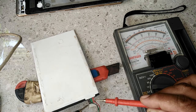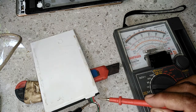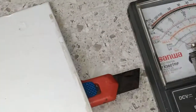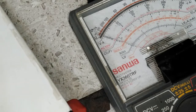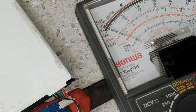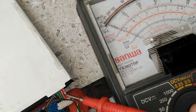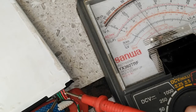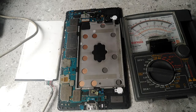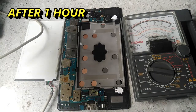I will check if there is a voltage coming from the charger. That is about 4 volt DC. We'll test it closer, so you will see how much voltage the charger gives to the battery. Using the 10 volt DC range of our tester, the volt is about 4 volt. That's okay. Then after 1 hour,